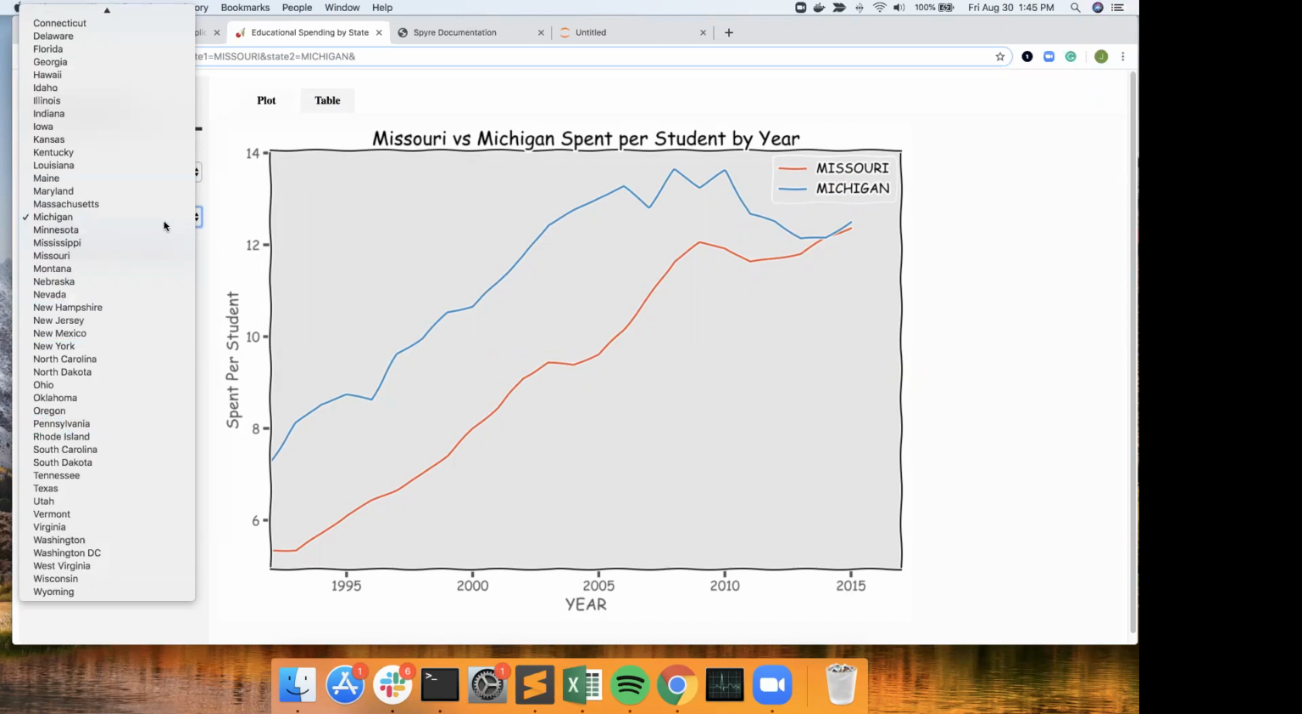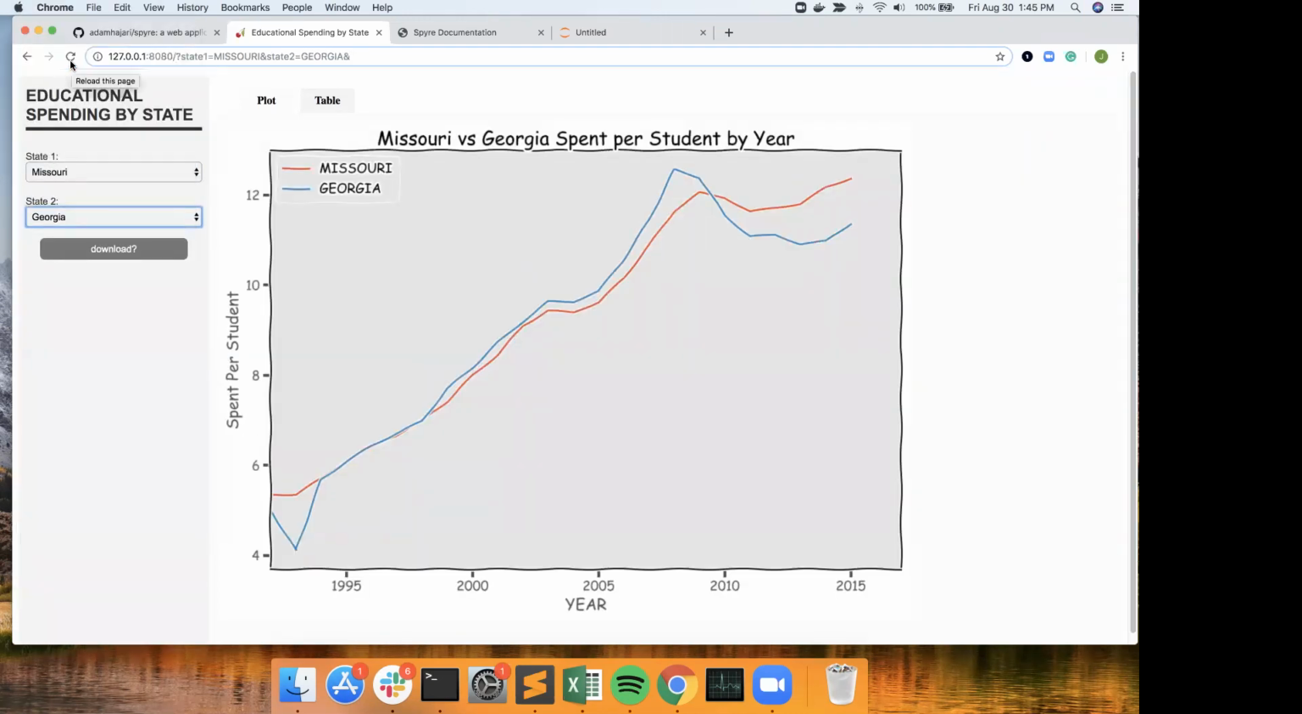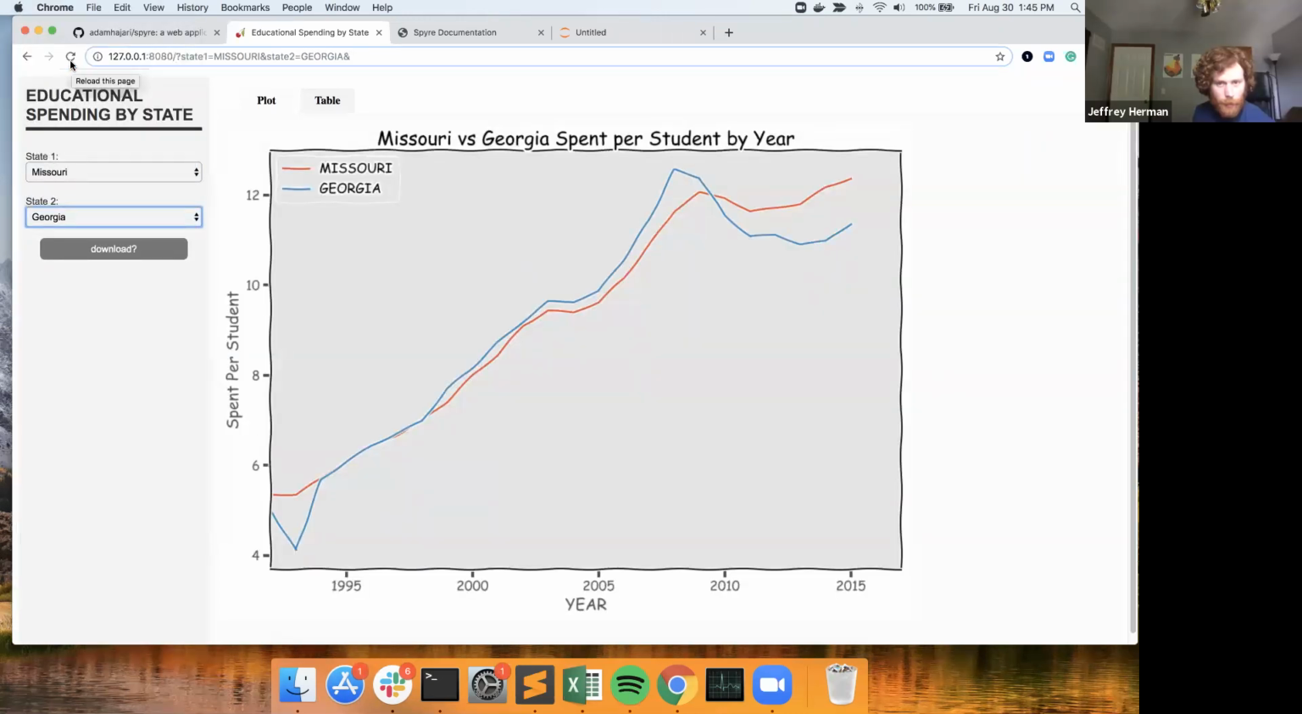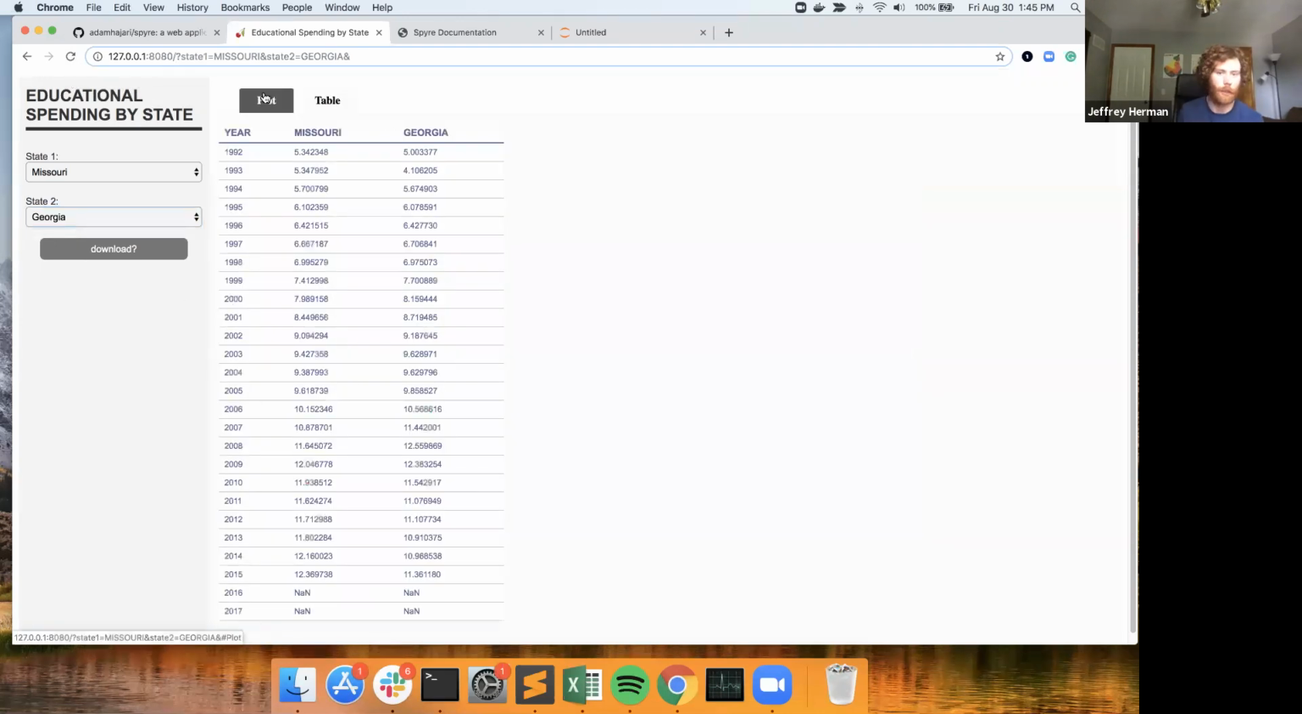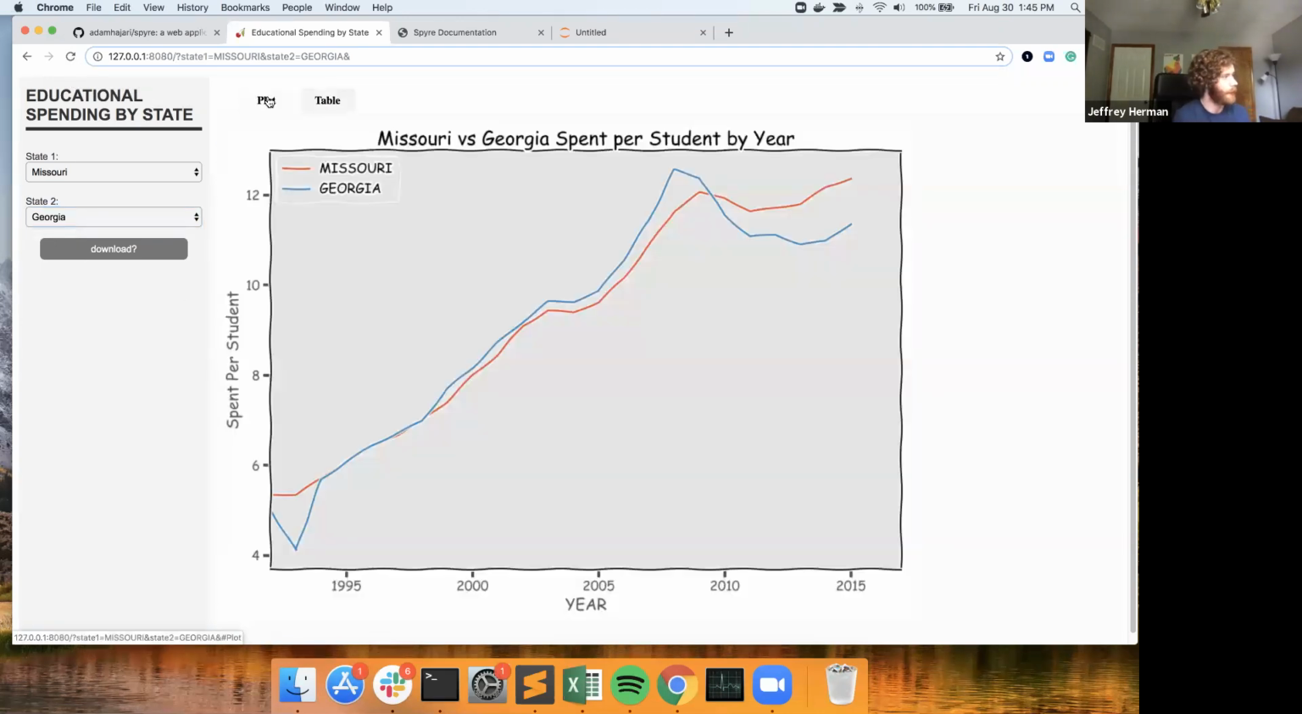Georgia. Let's see Georgia. Pretty much online. So Missouri's been a little bit more recently, but it's pretty close. So you could really do this with any operation though. Any data munging that you do in pandas, you could turn this into